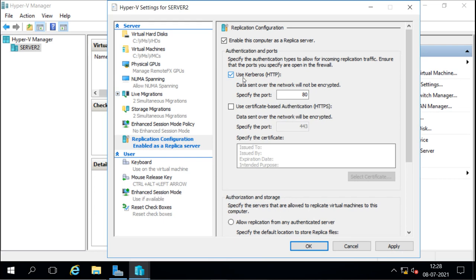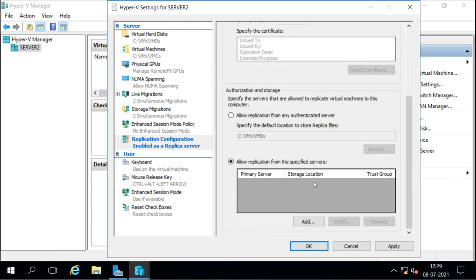So right now I am doing it for my local network, so I'll go with this HTTP without encryption. Then down here we have to select which servers you want to accept the replication from. You can add a specific server here, like you can allow the replication from the specified server.